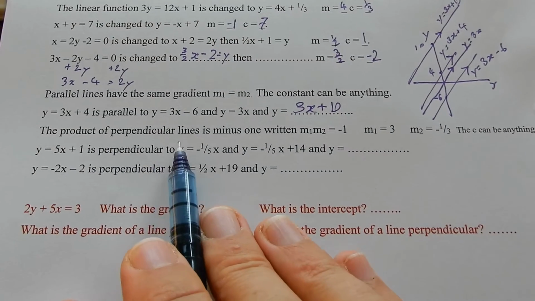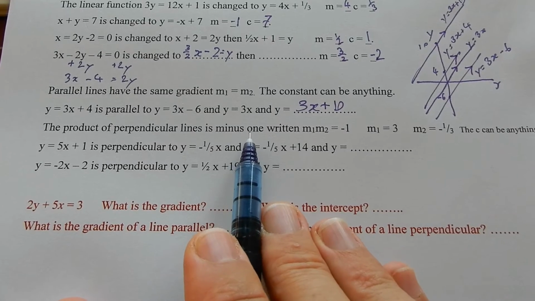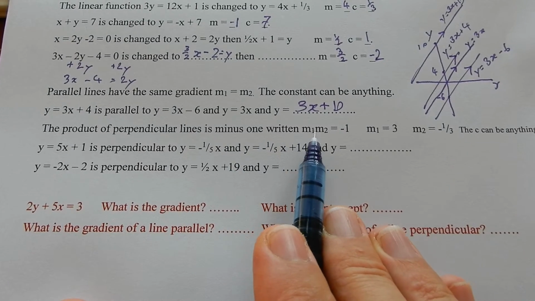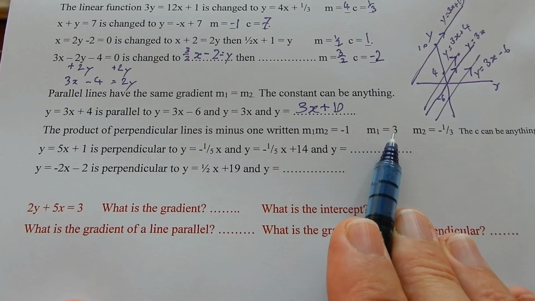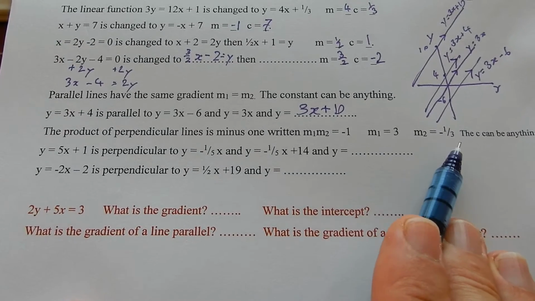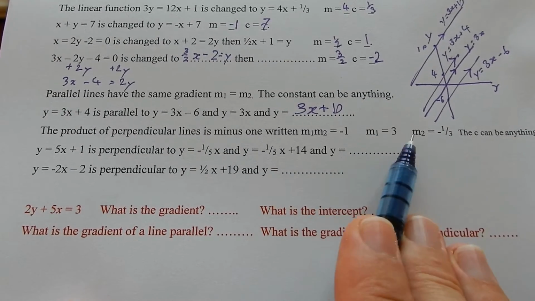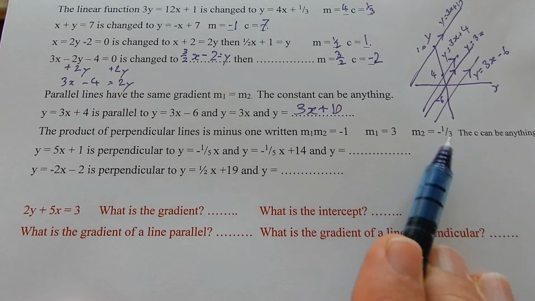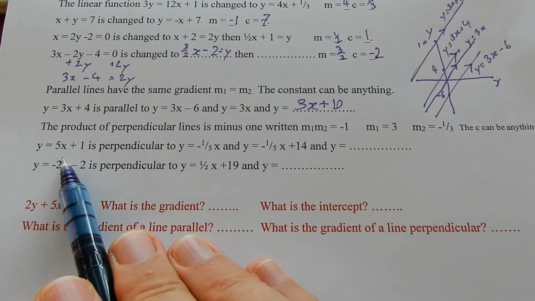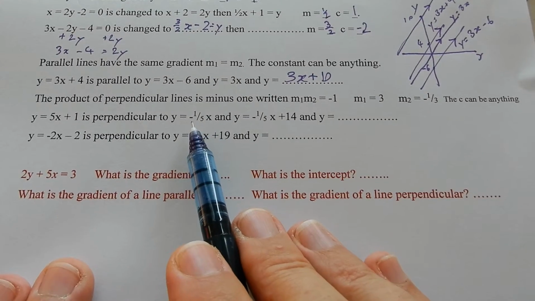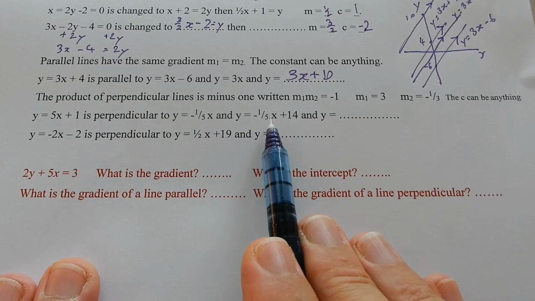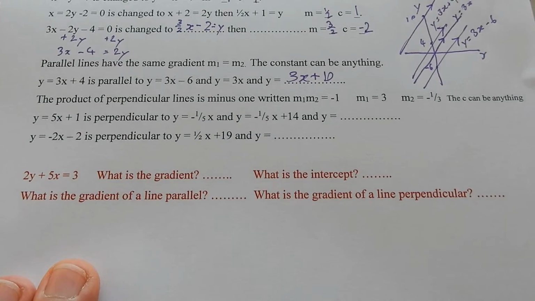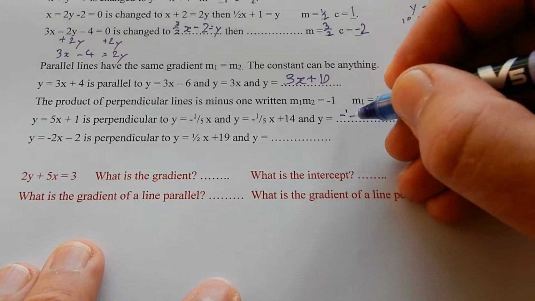The product of the gradients of perpendicular lines is -1. Written m1 times m2 equals -1. If m1 is 3, then m2 must be -1/3. When you multiply those together, you get -1. The c can be anything. Y equals 5x plus 1 is perpendicular to y equals -1/5 x, y equals -1/5 x plus 14, and y equals -1/5